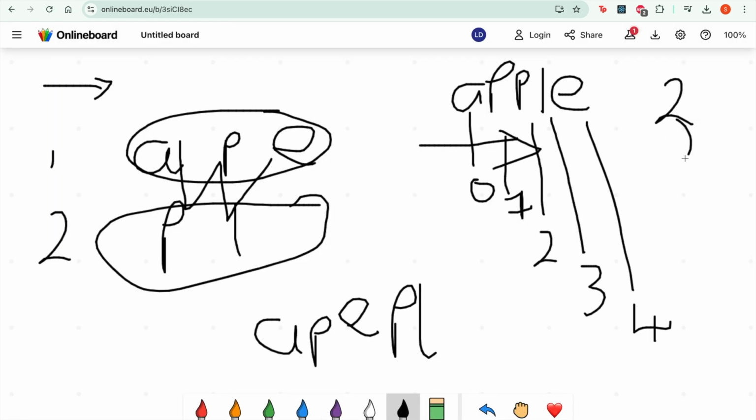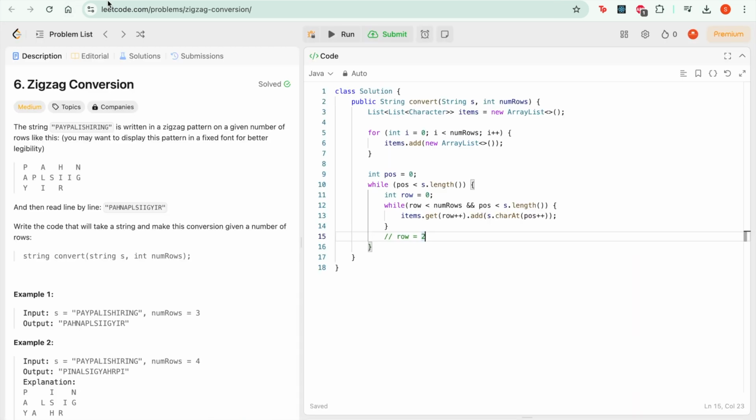Even if this was equal to 3, you would still need to go 2 positions back, because by the time you finish filling this part of the zigzag pattern, the straight part, the variable that is counting the number of rows is basically above where it's supposed to be by 2. So because of that, we would decrement by 2, and then now we start going right back up doing the zigzag pattern. So we're going to say while the row now is greater than 0, and the position is less than s.length,